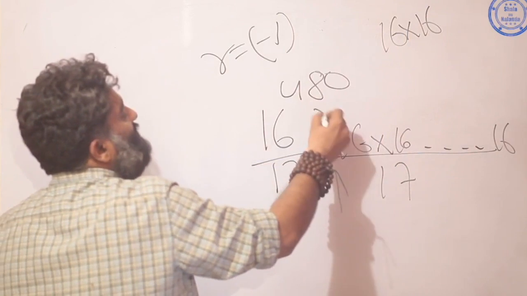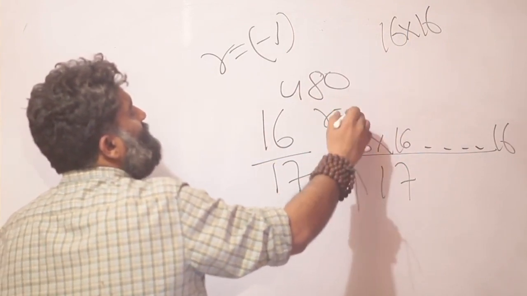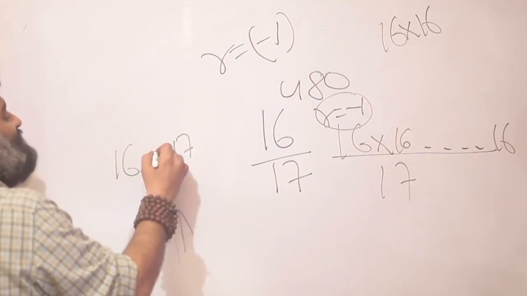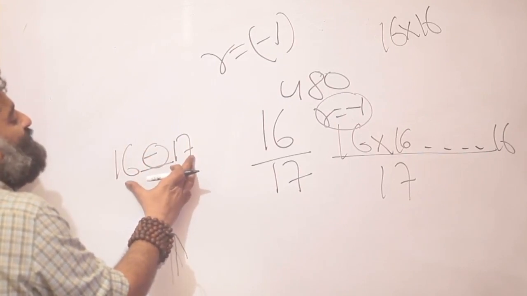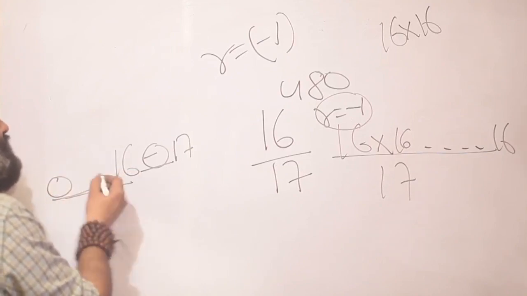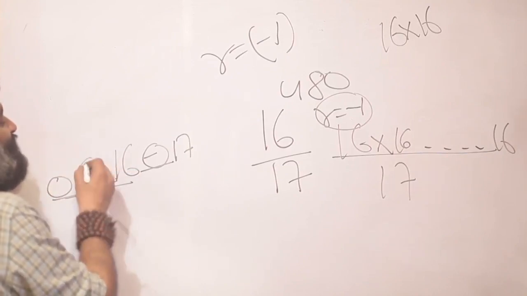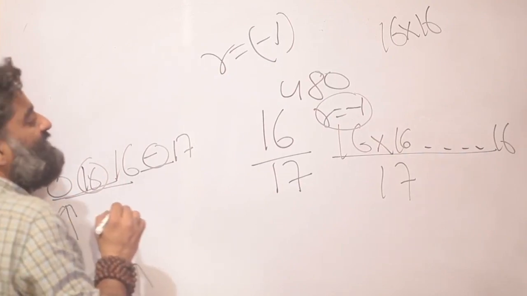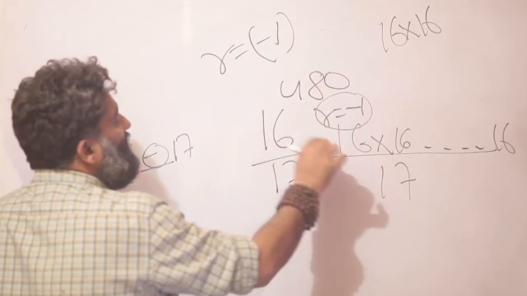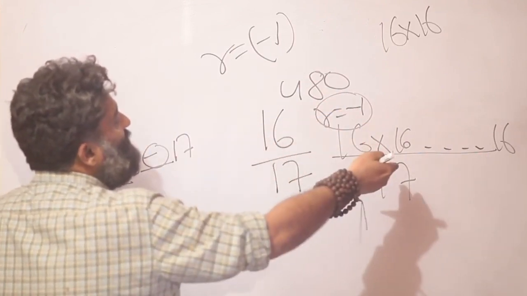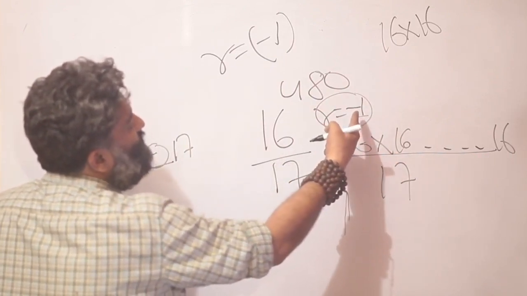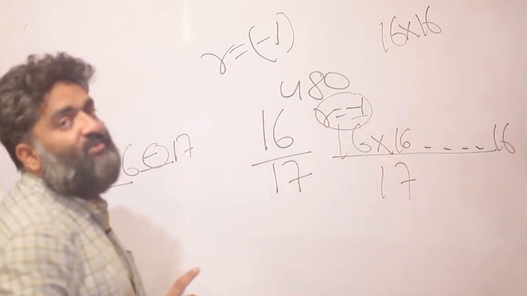But I can also think of the remainder as minus 1, because what does 16 mean? 16 is 1 behind the next multiple of 17. You said 16 is the remainder, that means 16 is 16 ahead of the previous multiple of 17 starting with 0. The other way of thinking was the remainder is minus 1. That means if you add one more number to 16, you will get to a multiple of 17. That means this number is 1 short, therefore minus 1 of the next multiple of 17.